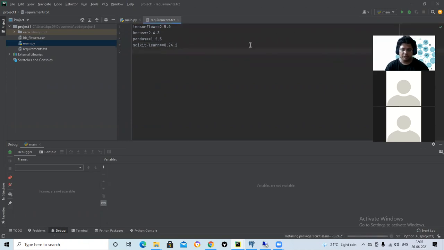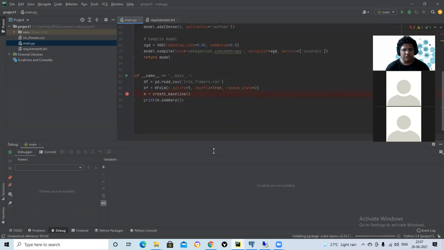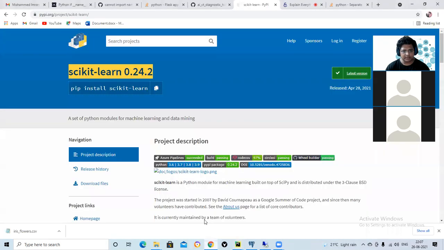Okay. So we are installing sklearn. Once sklearn is installed, we will have KFold kf. Okay.